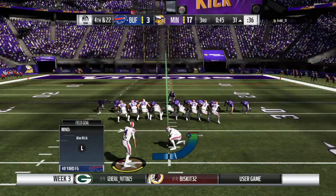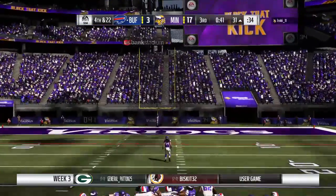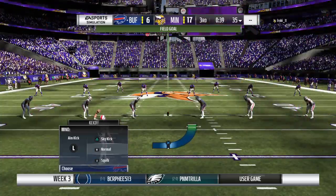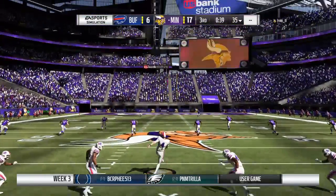Offensively, they're going to have to figure this out before next week. 7 sacks in 1 game. Yeah, and that's more than any quarterback should have to bear. And if this continues on, there will be another quarterback in the game because no one can stand up to this week after week. So in the end, they had the ball for 10 plays, but the drive gets them